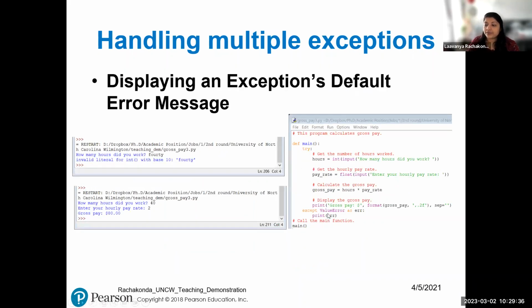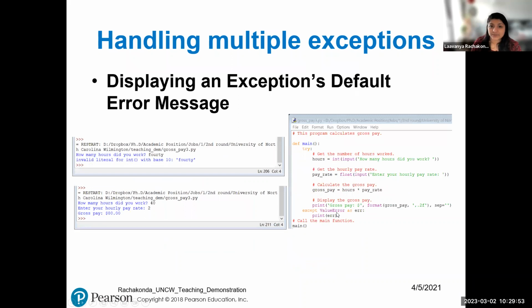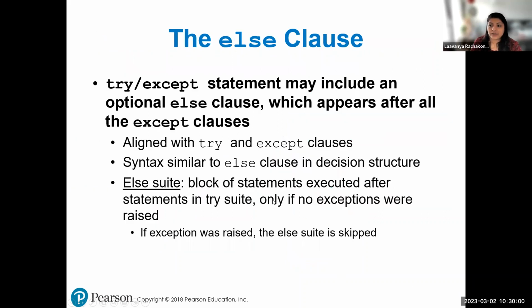So if you want to just display the error message as the original, like the one that we have looked into just now, you can always use except ValueError as ERR. Here it was just except any exception and its original message. But if you want to guess the possible exception, then except ValueError as ERR, print ERR. That will also solve the issue. Now for the else clause,